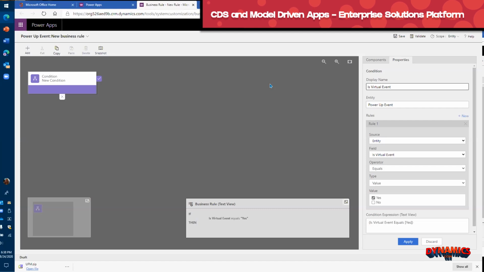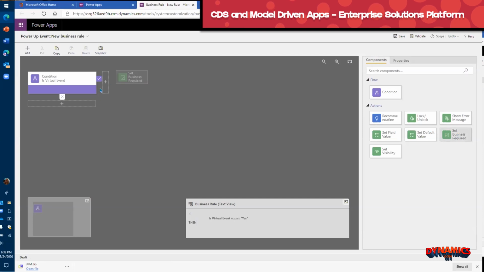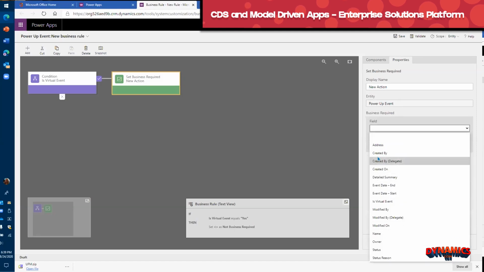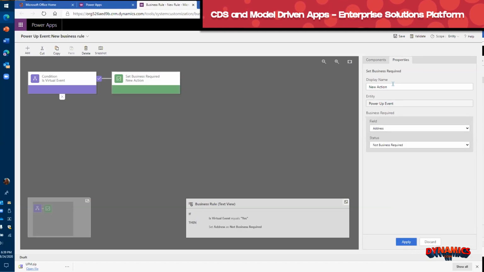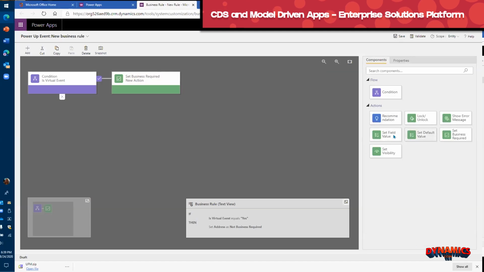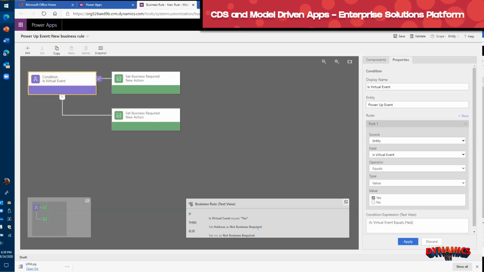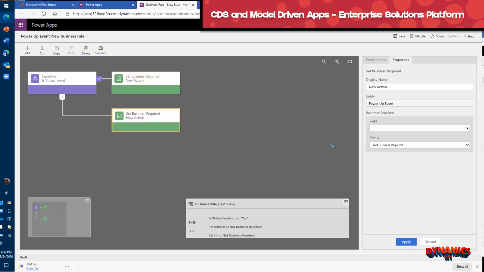So let me do this real quick. I want to say that this is a virtual event, and whenever it's a virtual event, I don't want to require the address, so I can very easily change the business required and set it to not business required. This is a very, very simple method. And whenever it is not yes, then I want to set the business required to required. The field is address, and I want to set it to business required if it is no. So if yes, then set it to not business required. If no, then set it to business required. And make sure that I